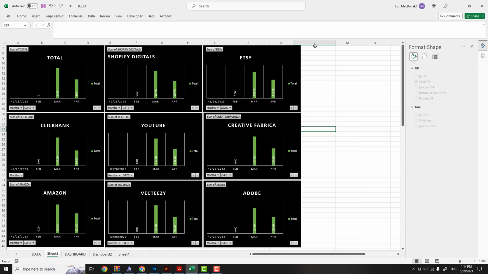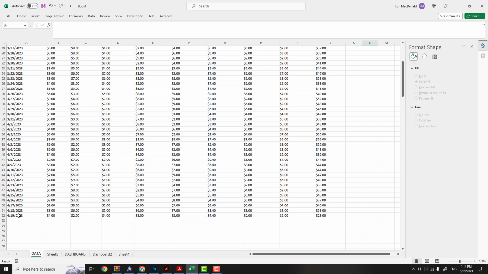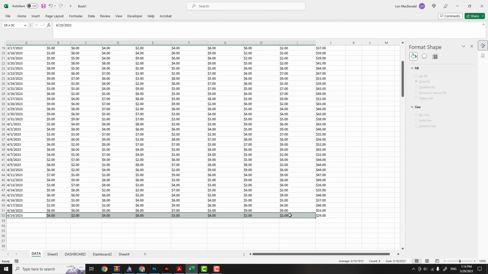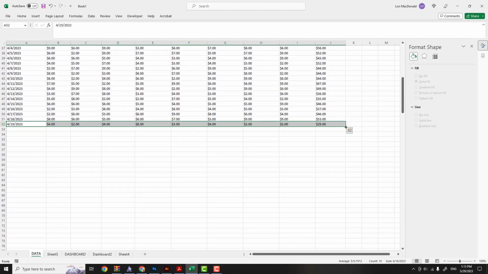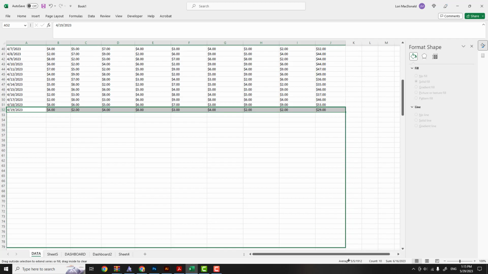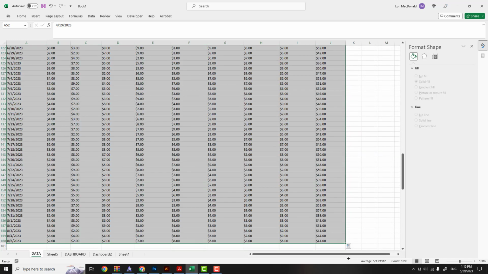They're variable. So what happens if you update your data? Okay, so we're up to April. Let's see. I'm right up to April the 19th here. I have some formulas in here that generate random data, so I'm just going to create some more rows, some more daily records very quickly here, because that's how I set it up. We're going to put in quite a few. Okay, so now we're right up to